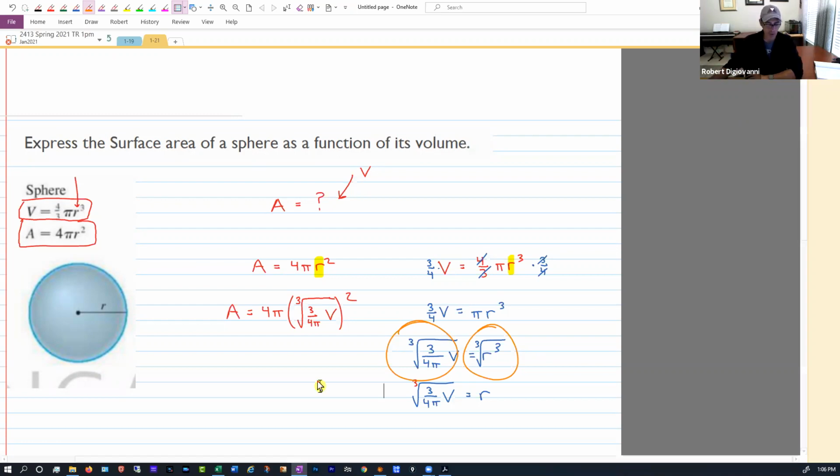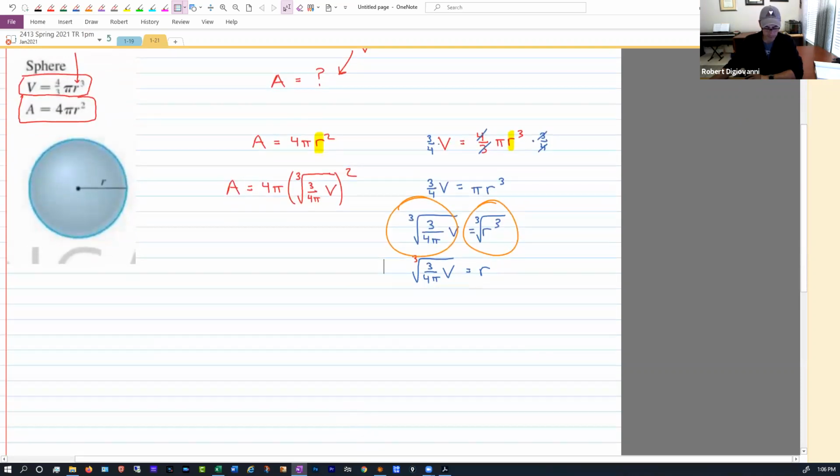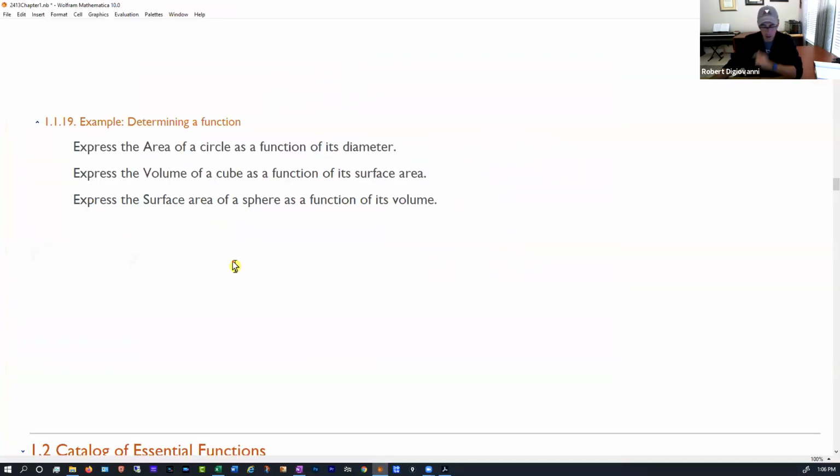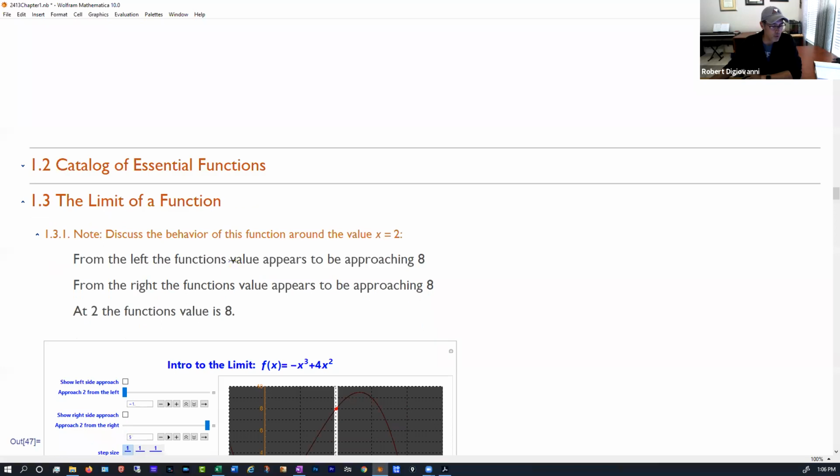Okay, that's it for that. We are moving on. So we are going to go to 1.2,